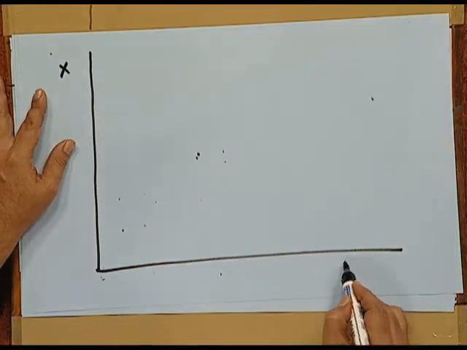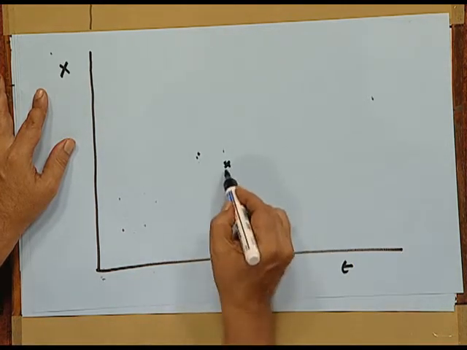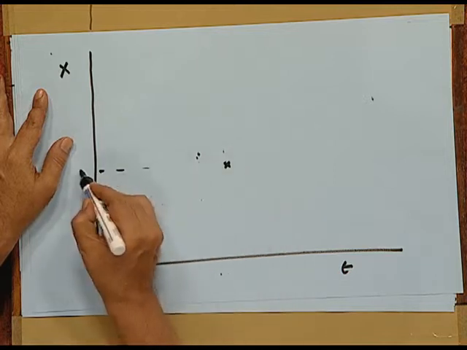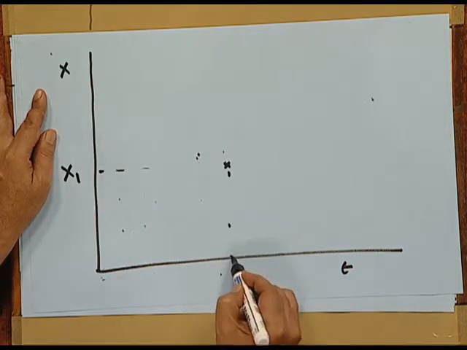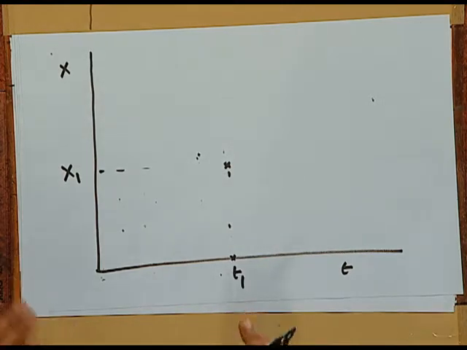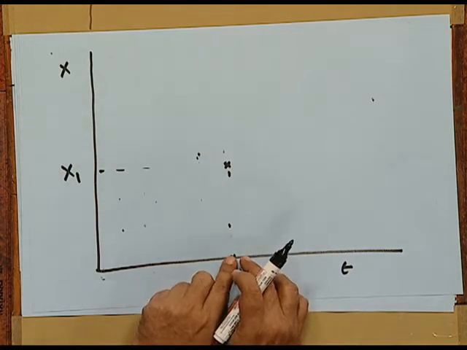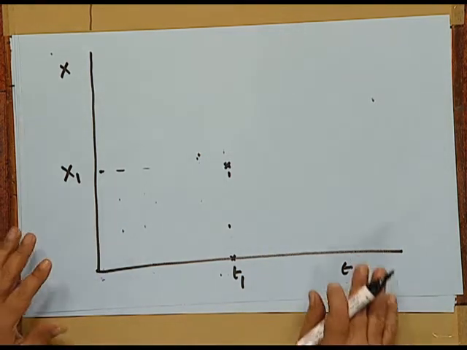Look at this position-time graph again, x versus t. The object is at a point P, and let us indicate x1 as the position coordinate at time t1. What do we mean by its velocity at point P, or its velocity at time t1? What do we mean by this? How do we determine this? Does it make any sense at all?